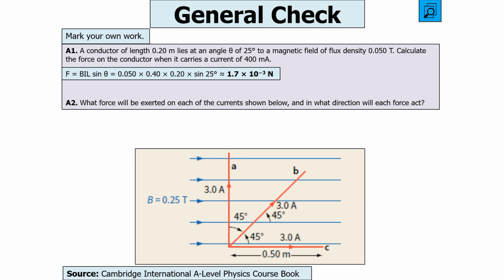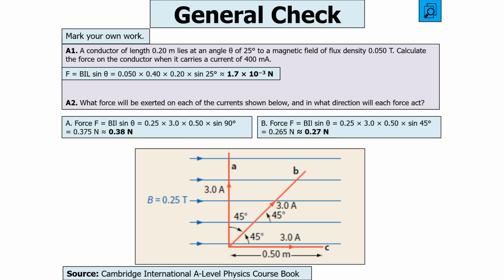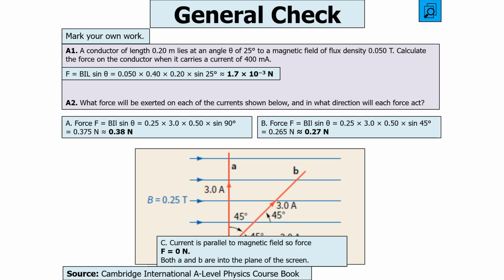And then we know for the first one that F equals BIL sine theta, so therefore we can work it through, pop in all the values, we know it's going to be equal to 0.38 newtons. Okay, in the second one, we know F equals BIL sine theta, again sine 45 from looking at the particular values, so it's 0.27 newtons. But C, because the current is parallel to the magnetic field, sine 0 equals 0, so therefore F equals 0,